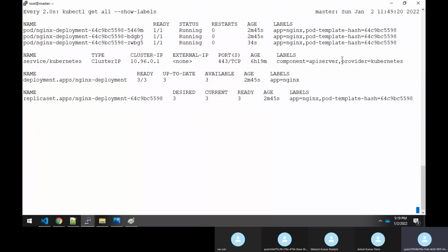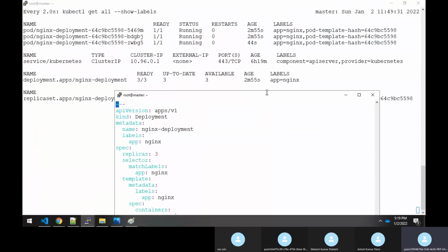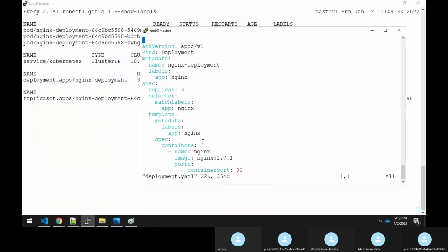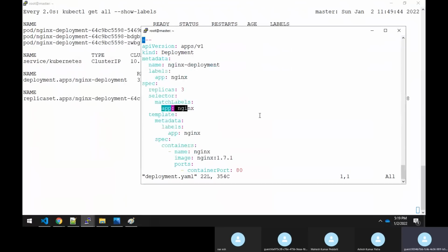Right now it does not depend upon the label. If you check the deployment.yaml file, you have given the label as app=nginx. That's all. So here we are not really worried about the labels.